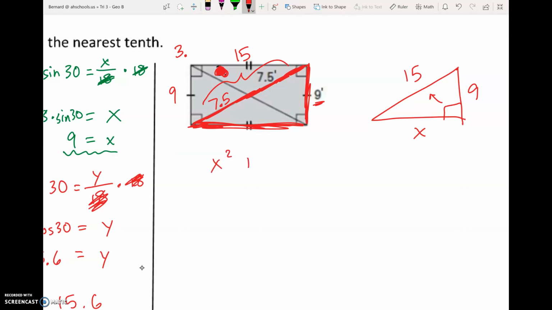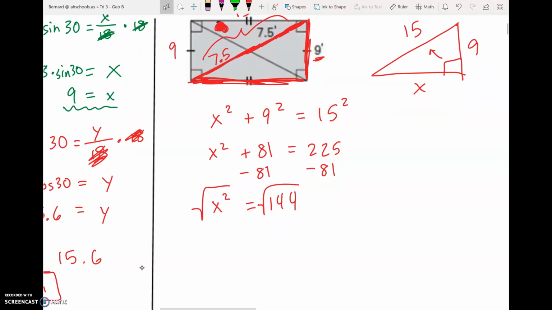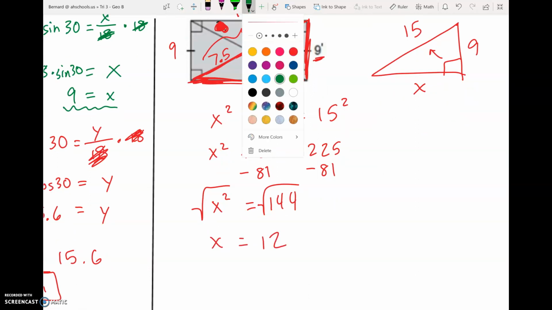And so x squared plus 9 squared is going to equal 15 squared. So x squared plus 81 equals 225. So we'll subtract 81 from both sides, and x squared equals 144. We'll take the square root at this point, leaving us with x equaling 12,